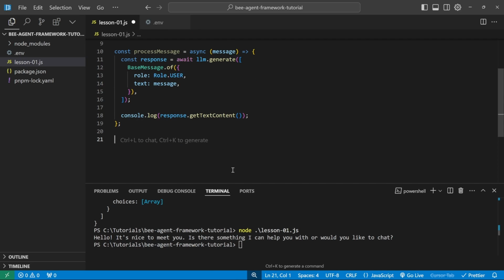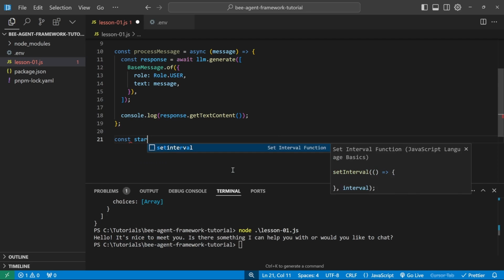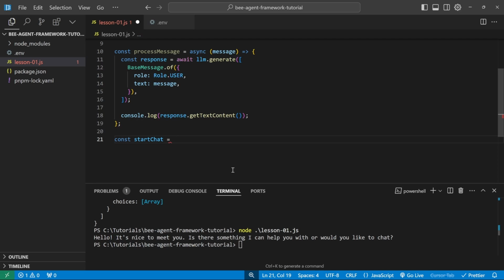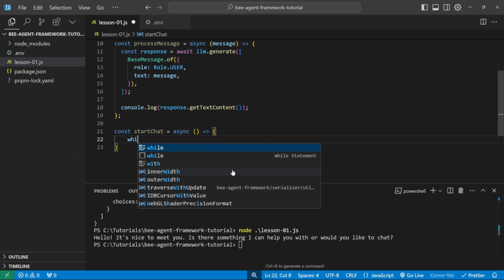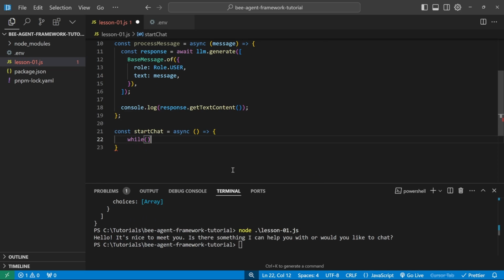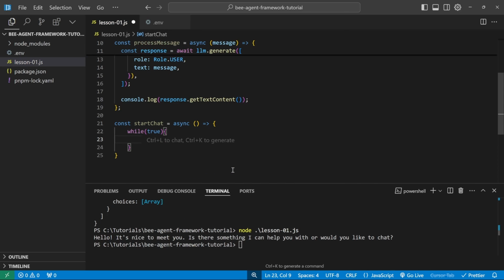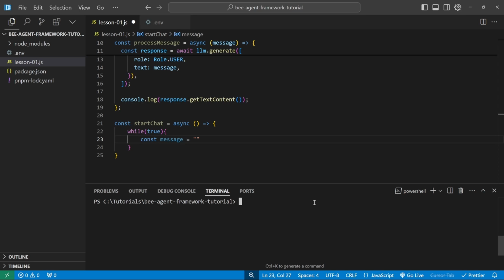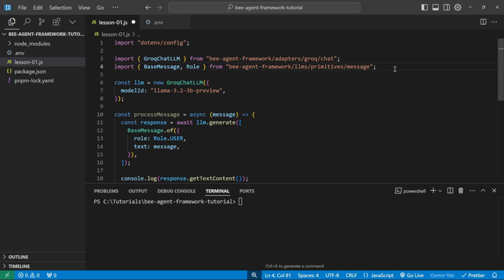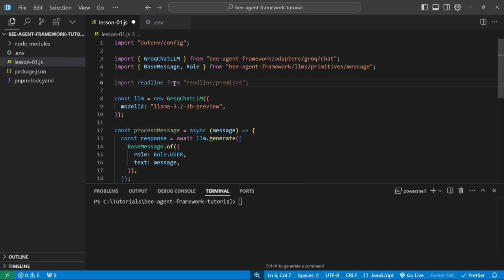Then below this, let's create another function that we can use to start this conversation. This function will be called start chat, which is equal to an async function, and this function will actually run in an infinite loop until the user exits the conversation. So we'll just simply write while true. Let's grab the message from somewhere, and what we want to do is grab the message from the terminal. Now, in order to allow the user to enter values through the terminal, we will use the readline package from Node. So at the top of the code, let's import readline from